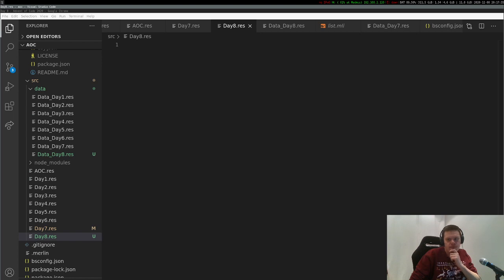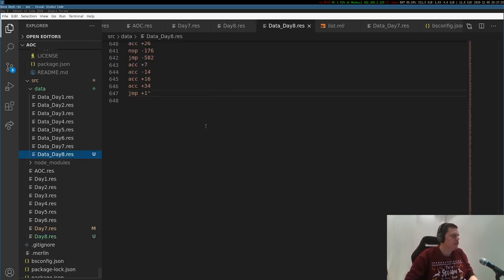And we're solving the puzzle for day 8 in Advent of Code, in ReasonML, where I'm still learning ReasonML, or ReScript as it's rebranded. And today's adventure, I've been copying and pasting some basic data here,